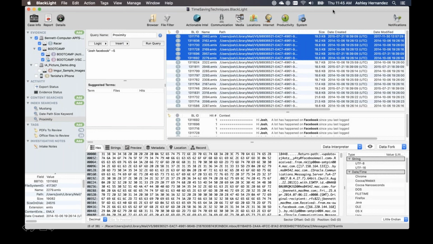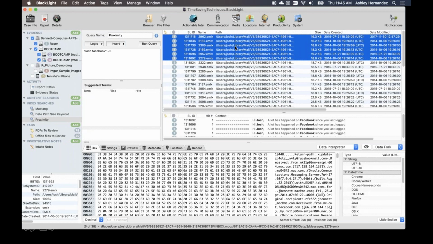Yes, so how large are the index files and how long does it take? So the index files are a lot smaller because we're not trying to index things that are not as valuable. You're going to have index files that are significantly smaller than your case file or even your evidence file, because we're focusing on things like documents and not things like executables or memory files.